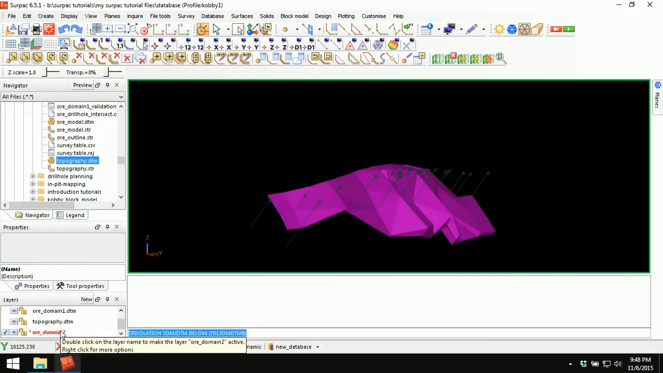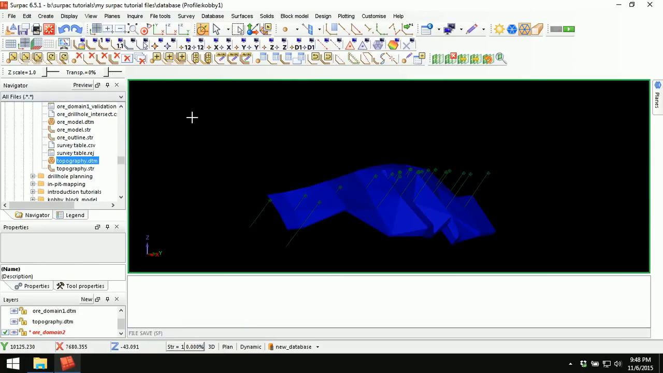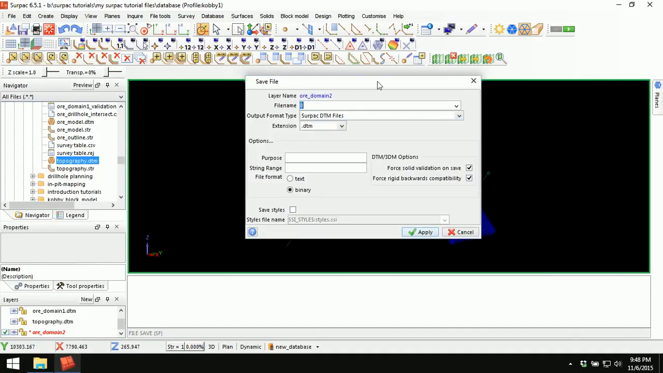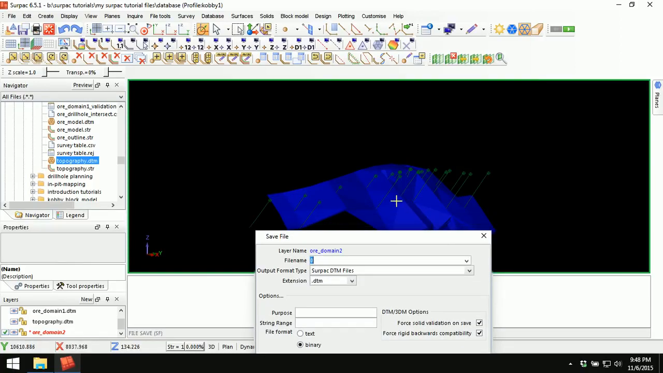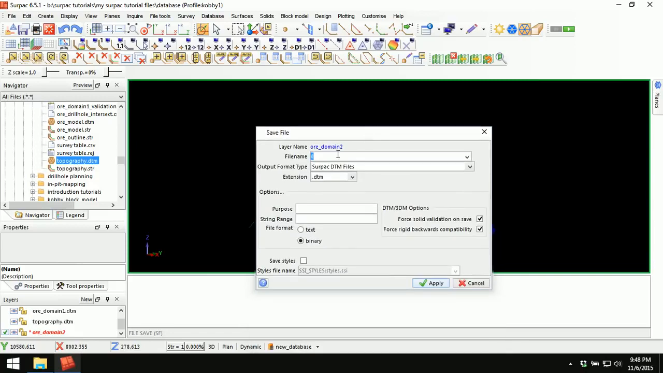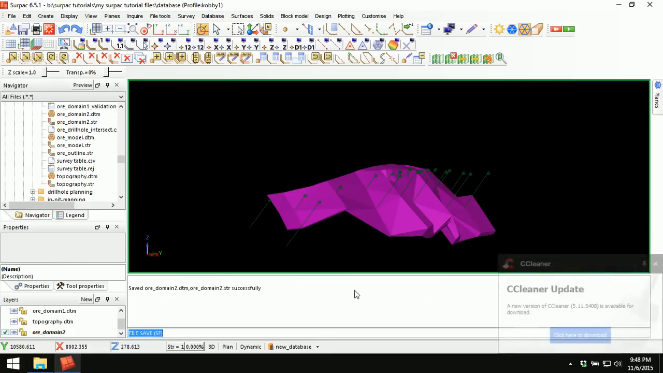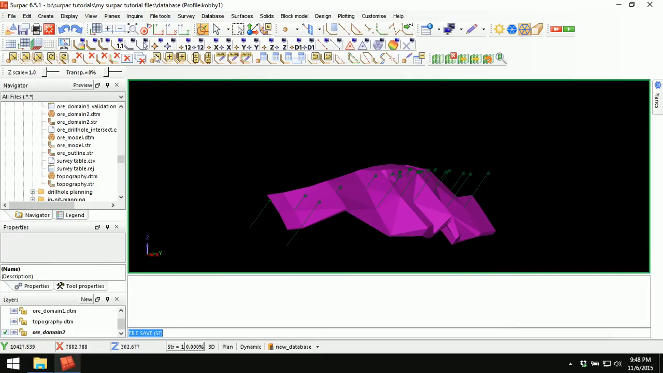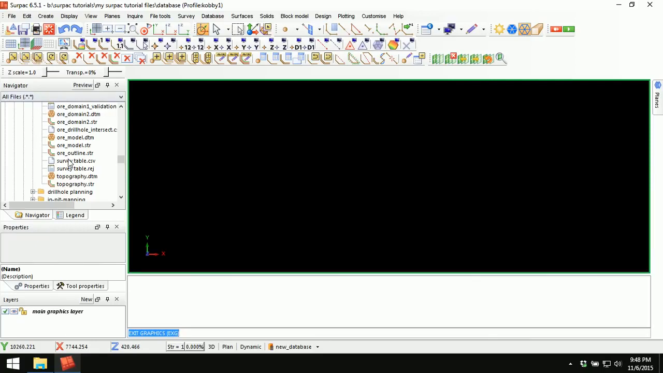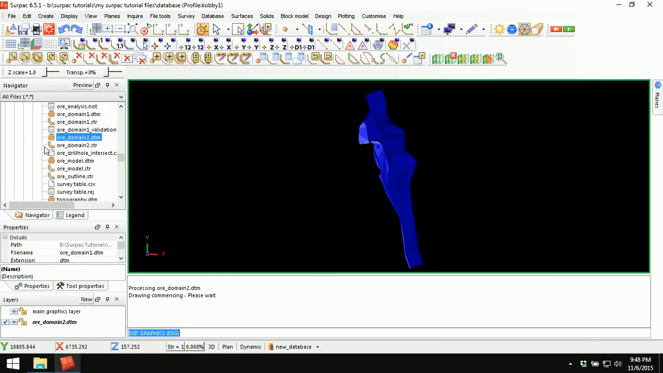So we can save this layer name. Go to save, and immediately I clicked on save, the object number 2 has been updated here, which is blue. I will give it a name, ore domain 2, and this will be a DTM file. Apply. Alright, so if I exit graphics and come back for my ore domain 2 DTM and my topography,